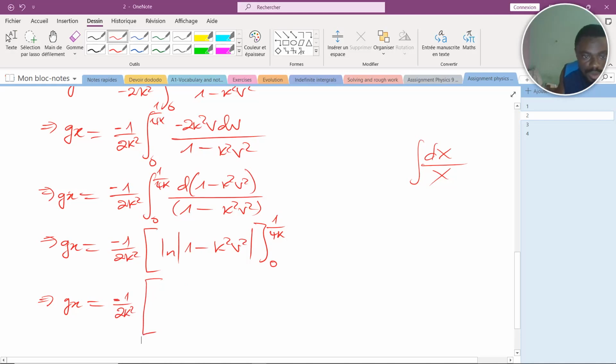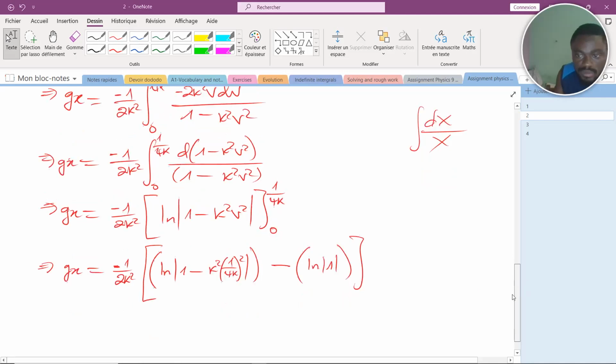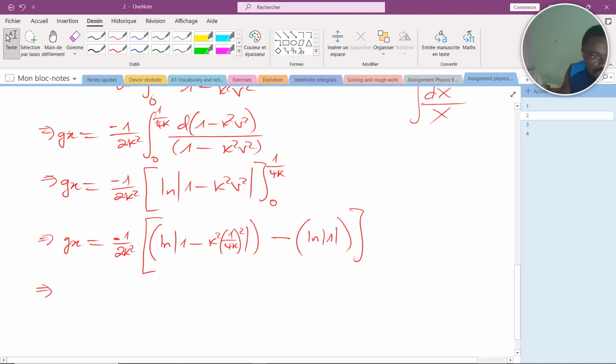Let me substitute the upper bound. So I will have ln of the absolute value of 1 minus k squared into 1 all over 4k, all that squared. Minus the lower bound. I'll substitute 0. When I substitute 0 where there is velocity, I'll have ln of the absolute value of 1, which is simply 0. Is that okay? So this implies we're going to have gx being equal to